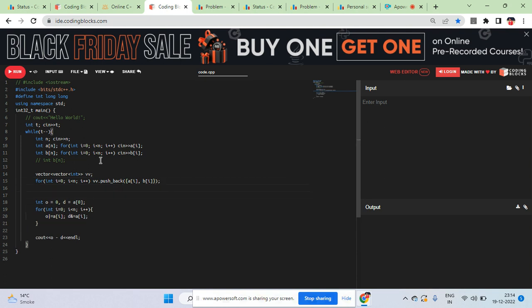Now you got that, right? And now you need to sort this according to a value of B. Sort it, VV dot begin to VV dot end, and by the value of b,